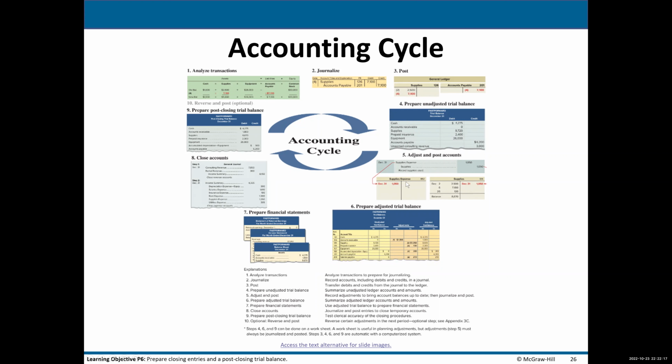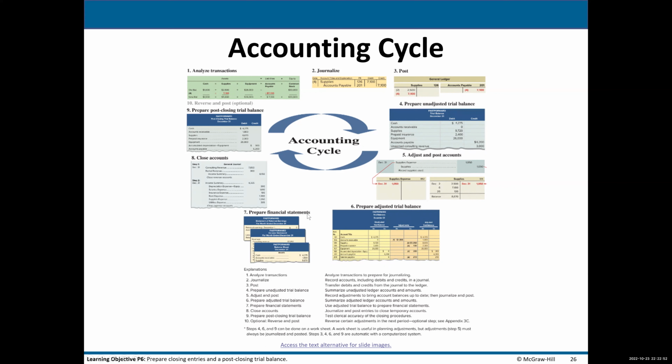So we're going to recognize the expense and recognize that we used up those supplies. And then we have a correct, updated balance. That's the final balance that's going to go on our financial statements. So when we do all of our adjusting entries and we post them, now we run another, what we call an adjusted trial balance. And that's the numbers that we use to prepare our financial statements,